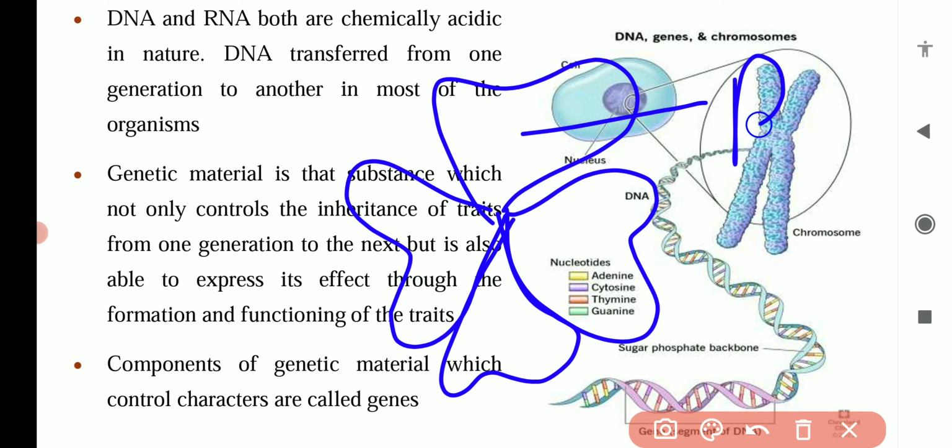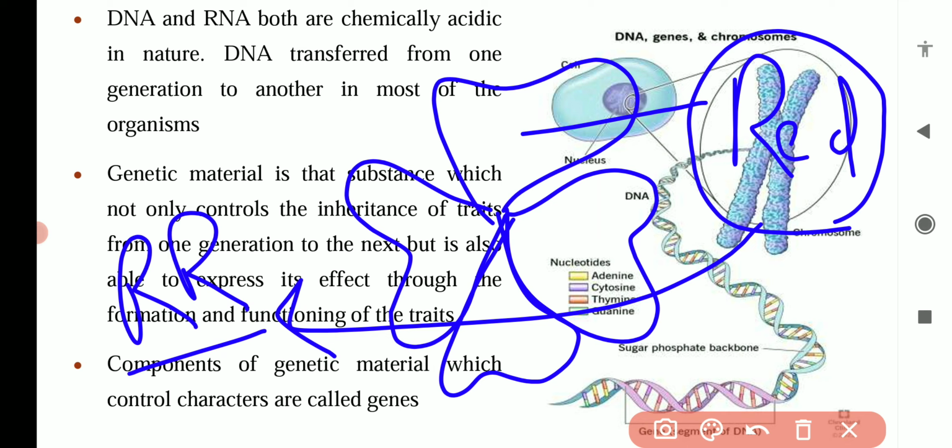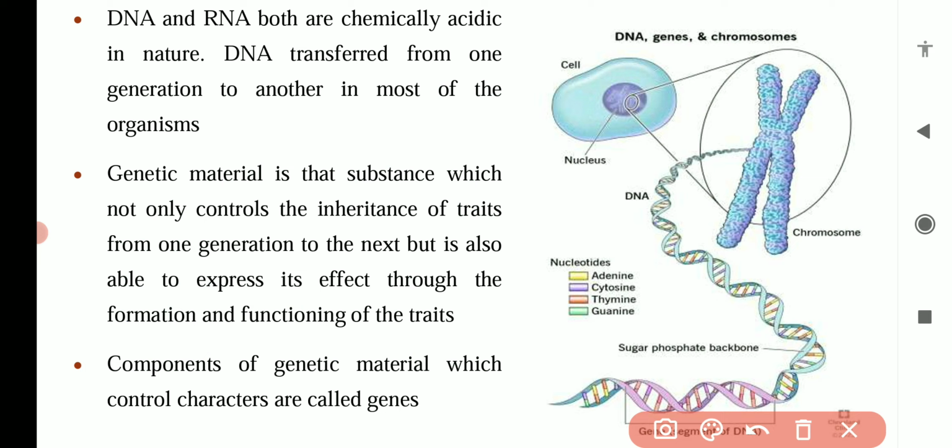The color is red. So for the development of this red color, there should be a gene present, capital R. Basically, this gene is solely responsible for the formation of the red color in the petals. Likewise, for each and every character in a plant or animal or other organism, a gene must be present. Sometimes a single gene, and sometimes many genes for a single character.